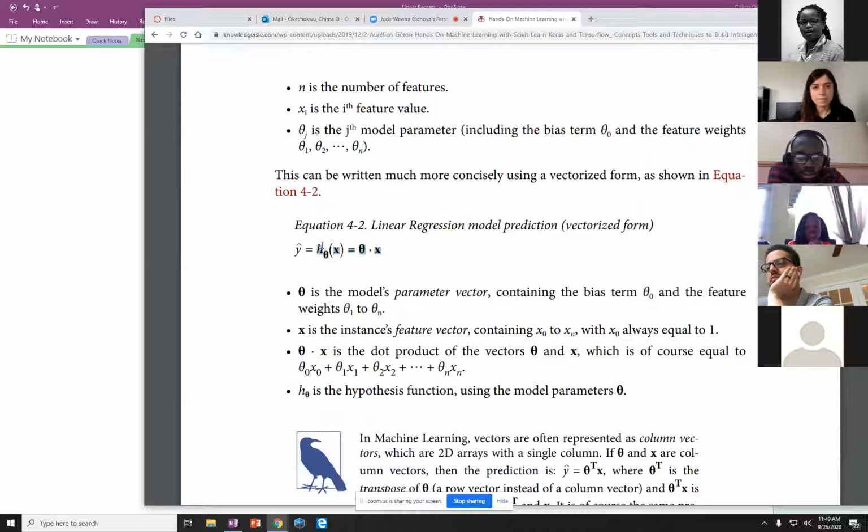So this equation right here is one instance for one feature. Supposing you want to predict the stock price and I give you the day. You have theta 1, you have your y-intercept, you have your